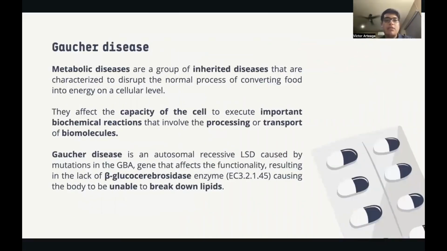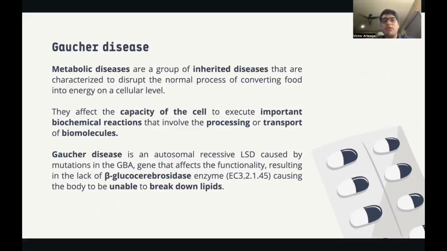What's a metabolic disease? These are a group of diseases which are inherited, and its main characteristic is to disrupt the normal process of converting food into energy within the cell. This type of disease affects the functionality of the cell to execute important biochemical reactions which involve the transport or